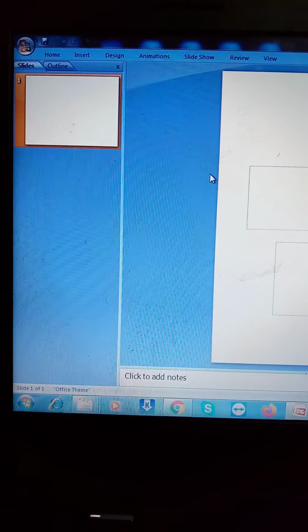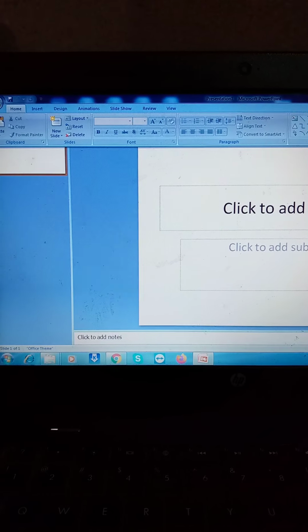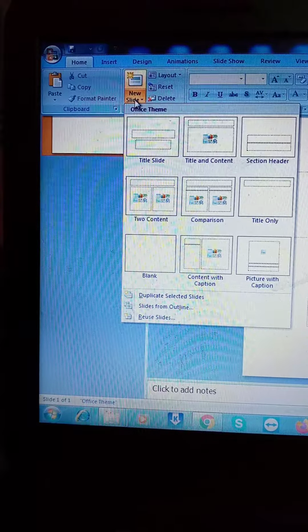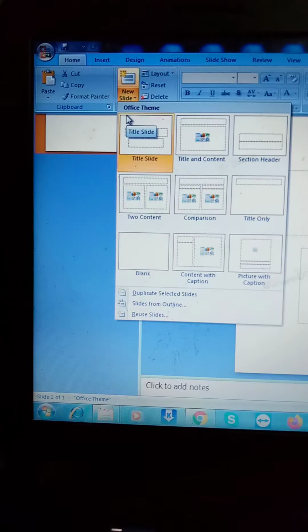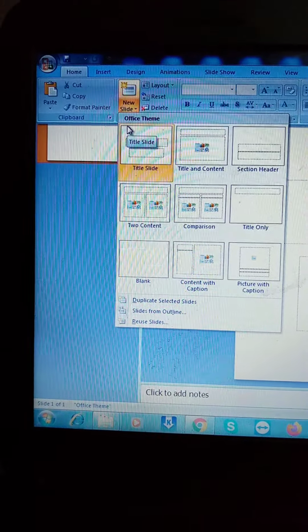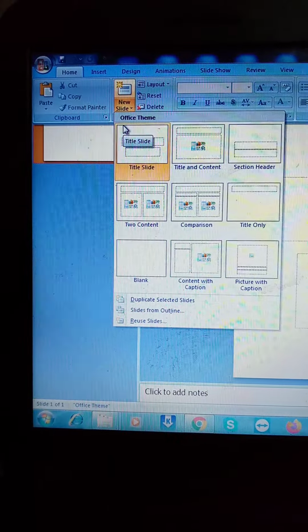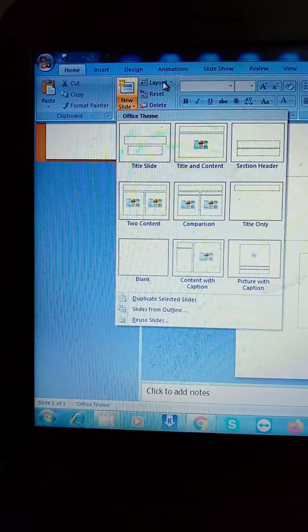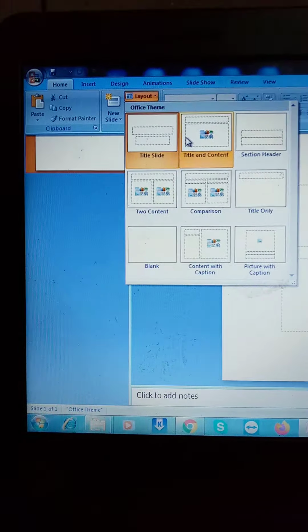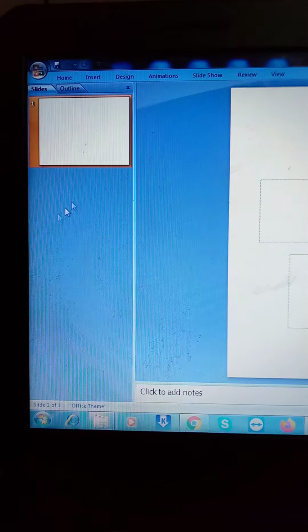These are some icons from where you can make your presentation. So this is the home page. In the home page there are several icons you can see. From here you can add slides. These are all the content of the slides, the title slide and content, anyone you want to display you can use from here. This is the layout which you want to add, etc.